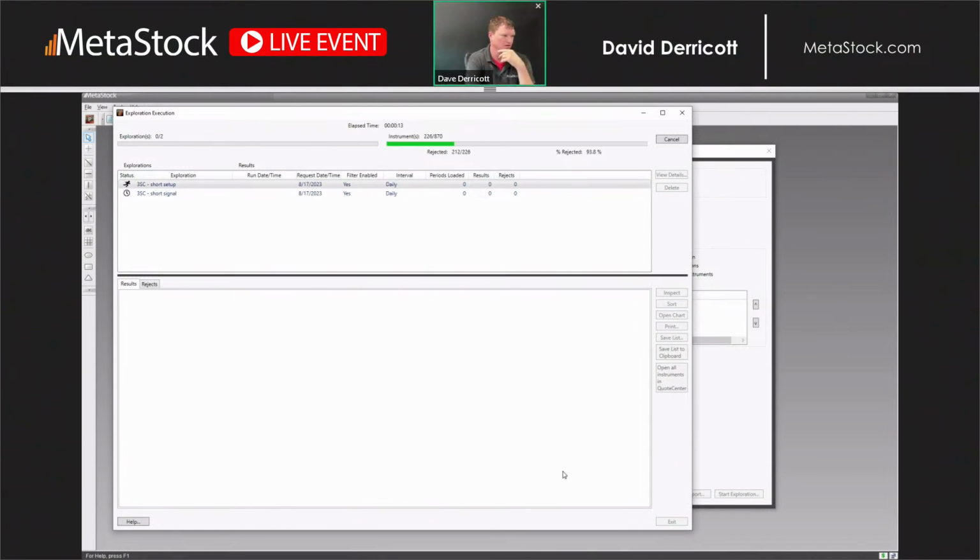Yeah, it looks like we are getting some good short setups. What is really nice is this does have a pretty strong filter, so you're not going to have thousands or hundreds of stocks that you've got to weed through or click through to find what signal is going to be best for what you want to trade.